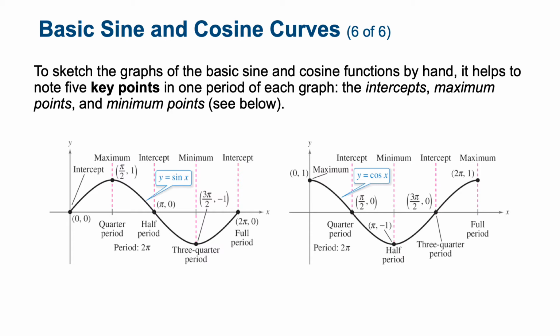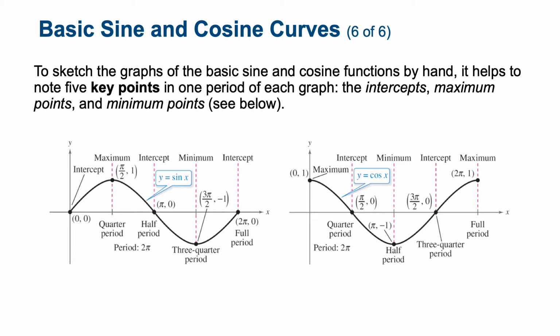And then finally, when we come back to 2 pi, it's gone through one whole period. Okay, that's sine. So now cosine, similar, except that it has two maximums and 2 intercepts. So notice that while sine has 1, 2, 3 intercepts in one period, a maximum and a minimum, cosine